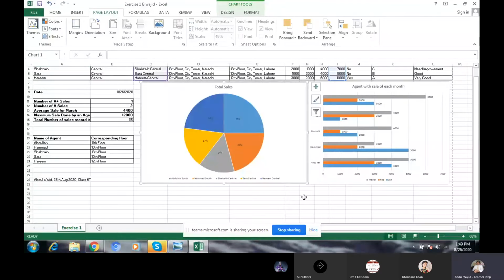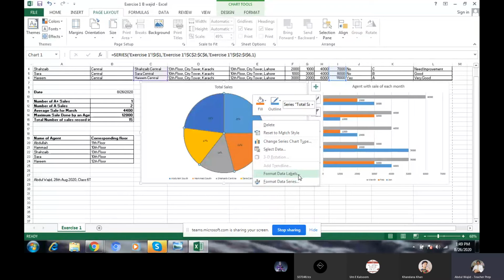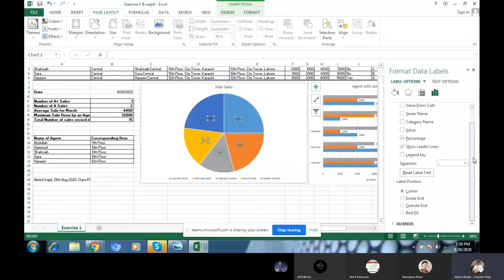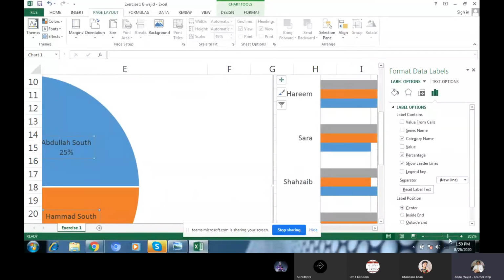Okay. If you want more labels here, you can label that one. Format update. Every label, if you want to go to formatting, you can. Category name will be applied. If you want, value already is there. Minimize that one. Yes. And you will go for zoom in. It will be visible now.